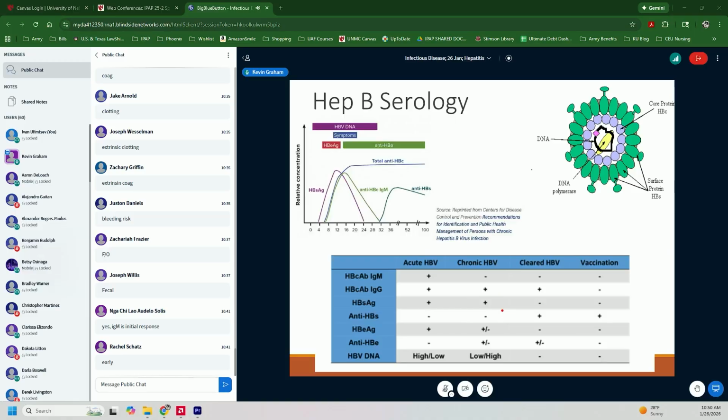Now we will only see the surface antigen, and we will see the IgG, which is that more longer lasting antibody to it. So these two people are actively infected, acute and chronic. It's just whether or not they're in the acute stage or the chronic stage. It wasn't listed on the slide here, but we use 6 months as that timeline to separate somebody from an acute stage to a chronic stage. So if they have hepatitis B virus at play for longer than 6 months, they've turned over into the chronic